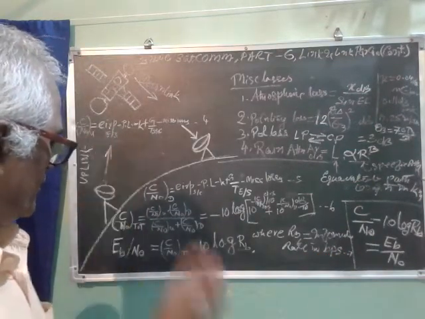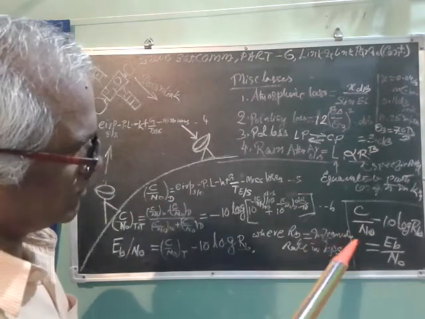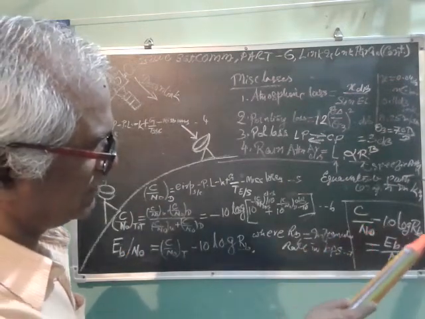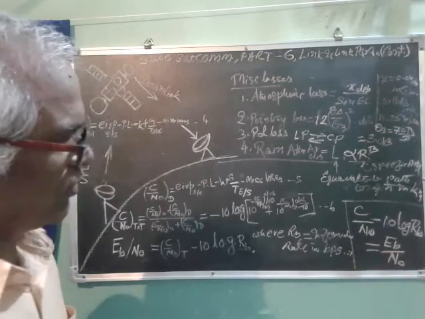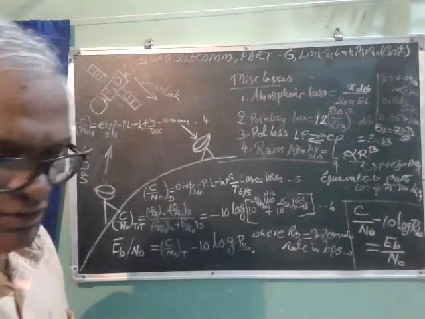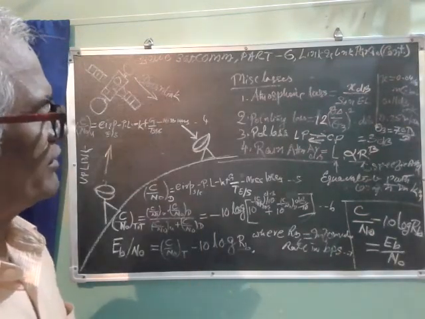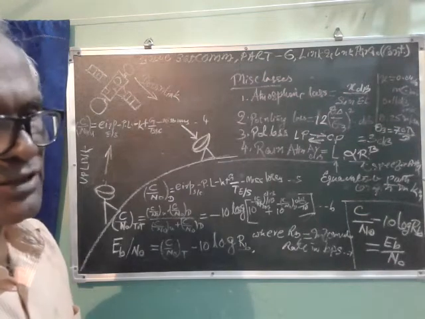Then this Eb by N naught and C by N naught formula will be C by N naught minus 10 log Rb is equal to Eb by N naught, or C by N naught minus Eb by N naught is equal to 10 log Rb. In that way, we will go through one link budget